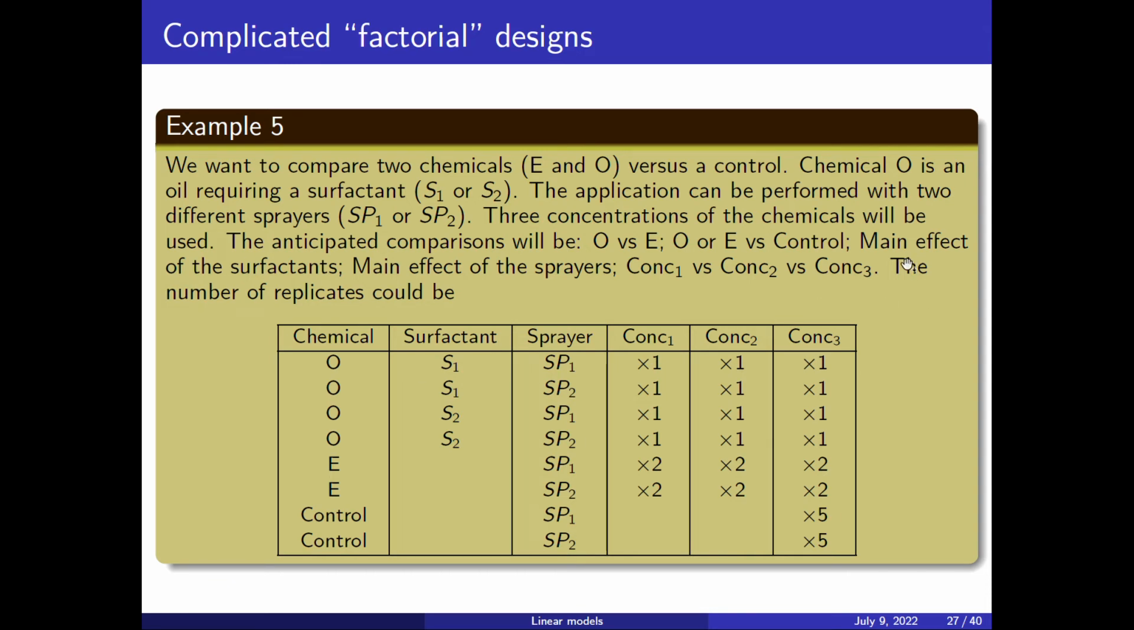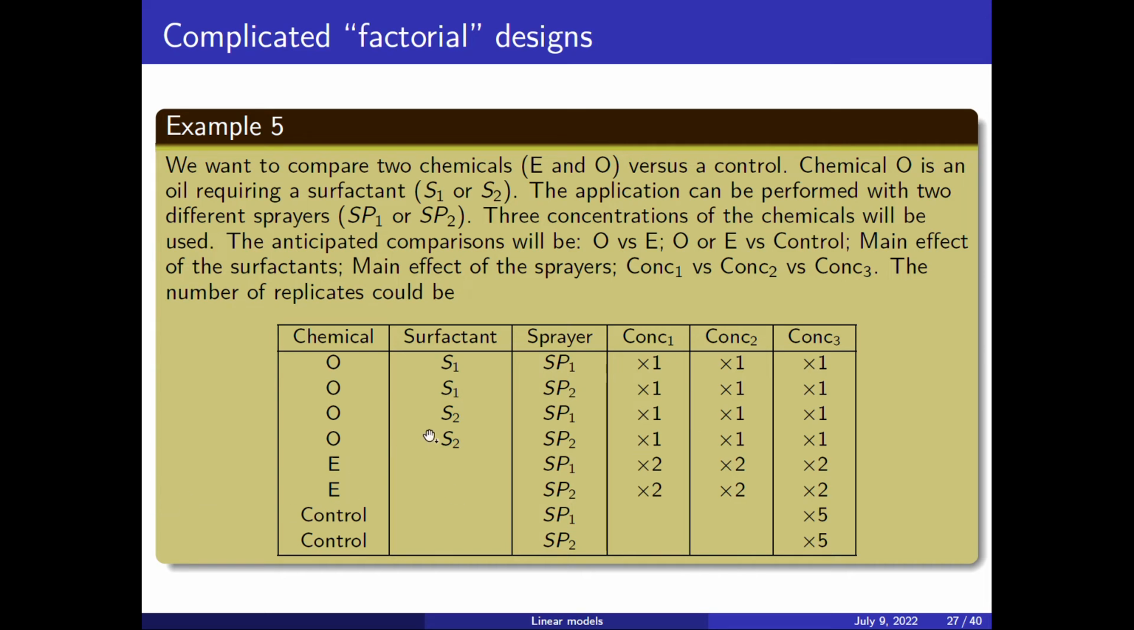So for instance, let's say you will have one animal that will be receiving a concentration 1 with a sprayer 1, surfactant 1 and chemical O, and then another animal that has a chemical O, surfactant S1, sprayer SP1, but concentration 2. So these numbers here are the number of animals. So you see that for the chemical O, if you count, you have 12 animals,